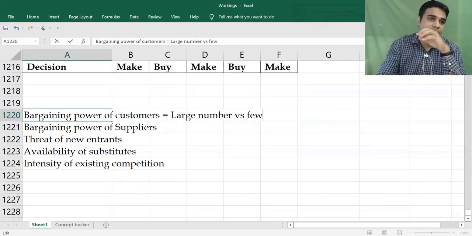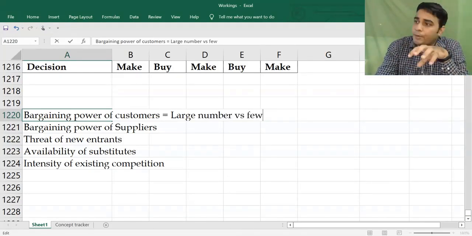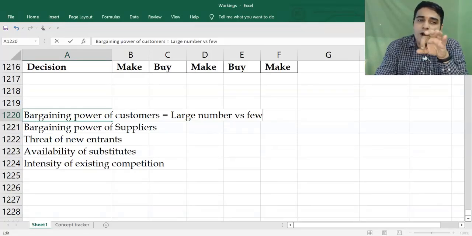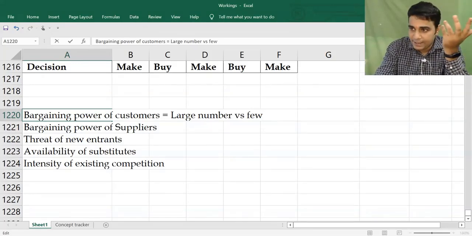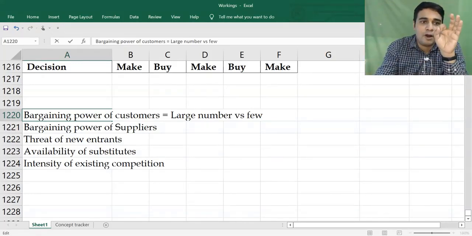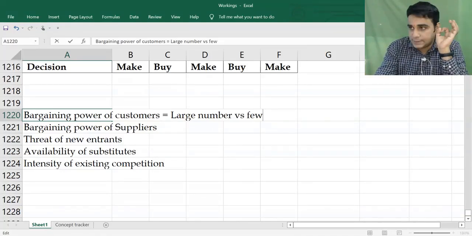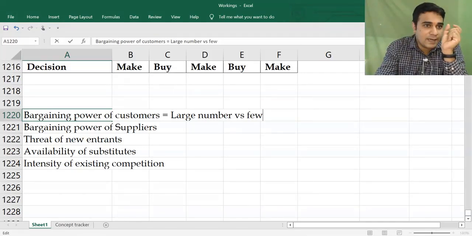I manufacture a product and that product will be bought by 3 customers only. I have only 3 customers for that product. So there could be a lot of suppliers and all, but I am trying to sell my product only to 3 customers. If you have very few customers